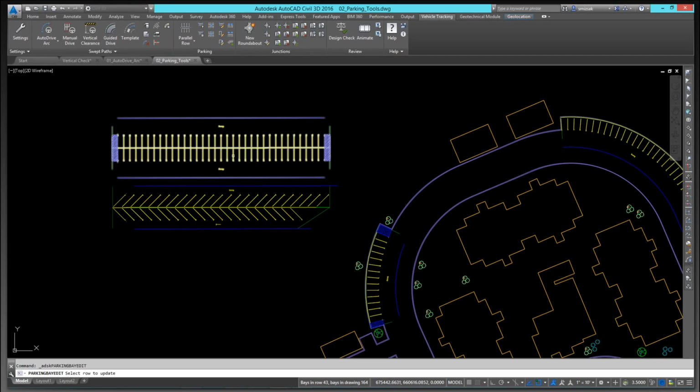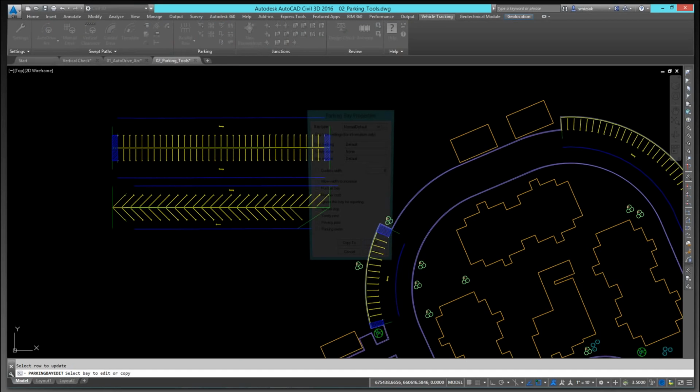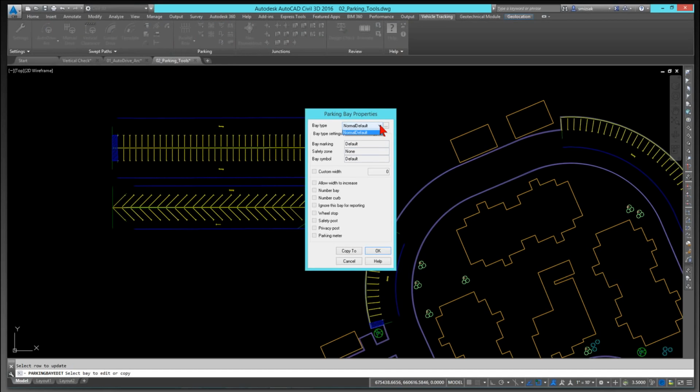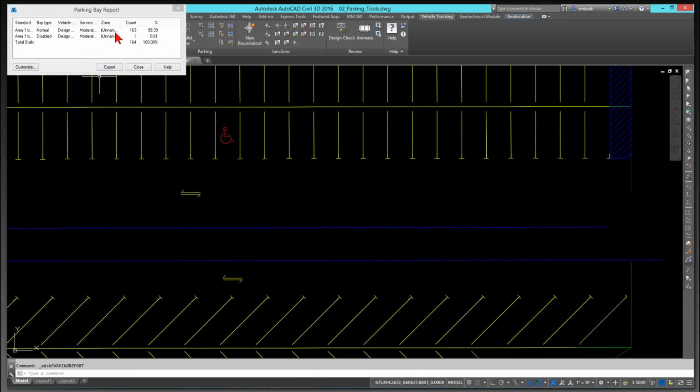So I'm going to come in, pick one, and I'm going to pick on that one right there. And now instead of it being a normal stall, it's a disabled stall. So I say OK. And now I have a handicap stall in there. And now if I run my report, I now have 163 stalls, normal, 1 handicap. So I can see that, hey, I'm 0.6%